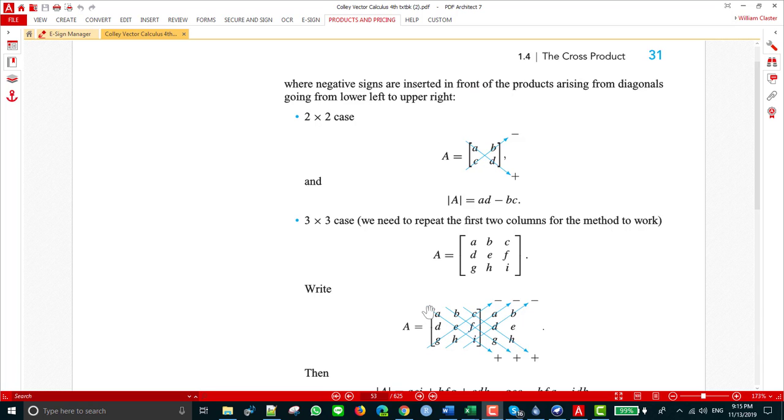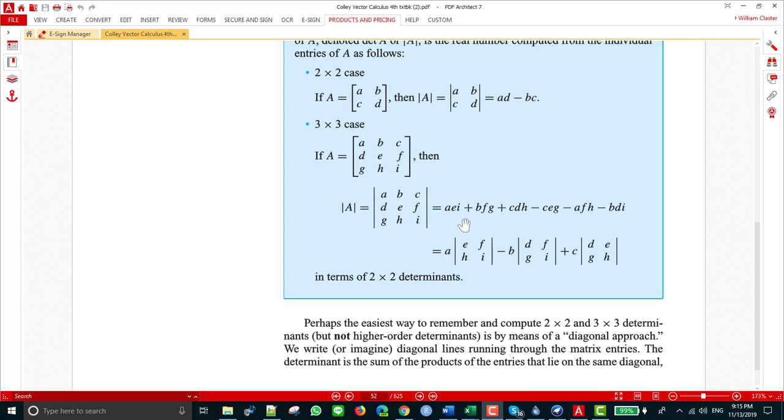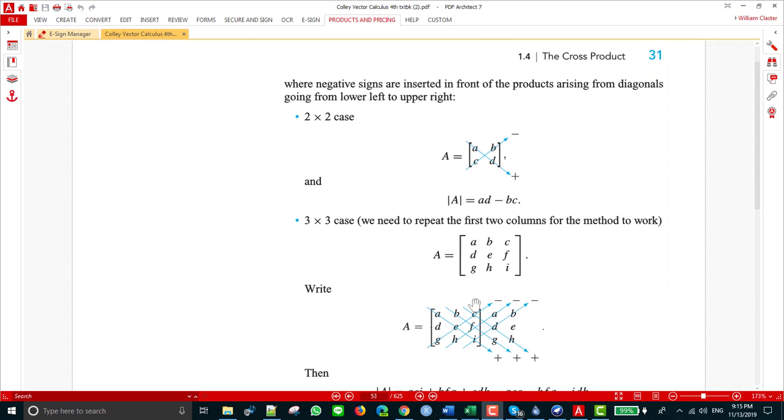Now you take these diagonals. So you get AEI minus GEC. Well, is that what we've got? AEI minus